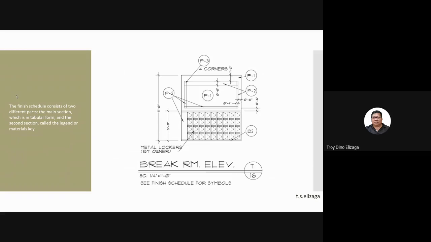Now, if you're using that type of notation in the floor plan, you can have a different floor plan that shows the finishes. So you have a floor finish plan. But in the reflected ceiling plan, since there's not much information anyway, you can incorporate the notations for the finishing, or you can have a different ceiling finish reflected ceiling plan.